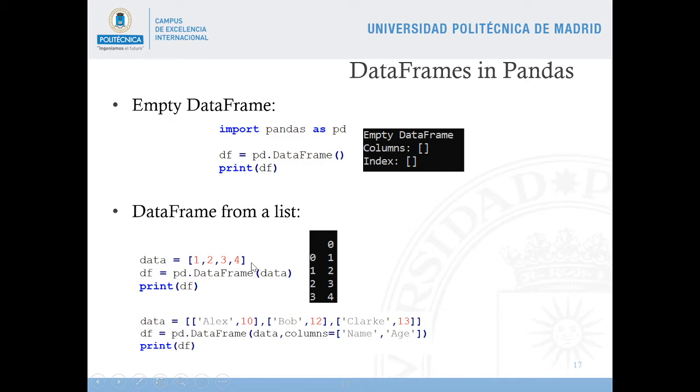If you give a single list, it is a column. But here, given a list of lists, the single list contains a row. And then you can give several rows by giving a different number of lists. Okay,